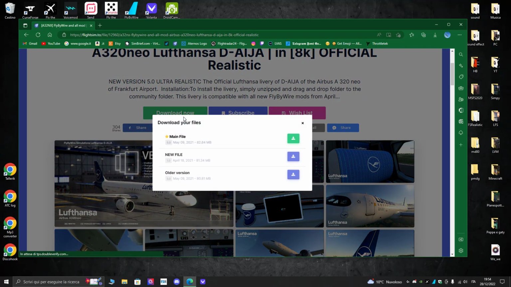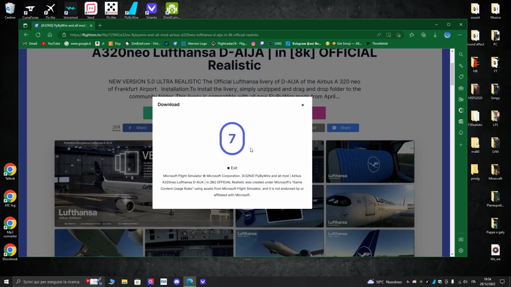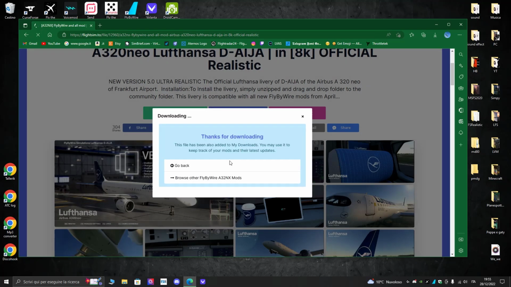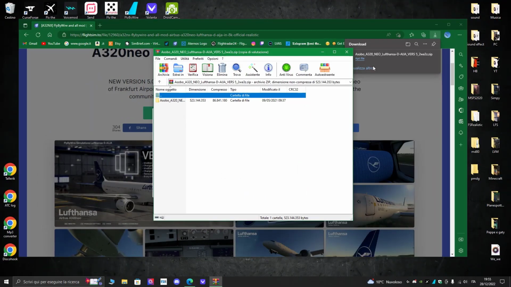Now you have to download. Click main file, and after that you have to wait for the countdown. Start download. Open the folder and wait for the download. When finished, put the folder aside